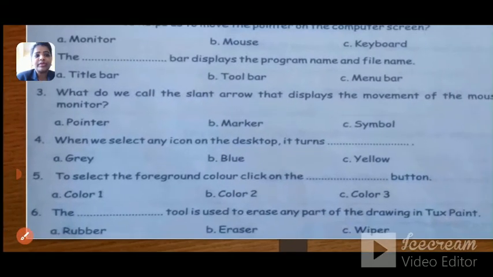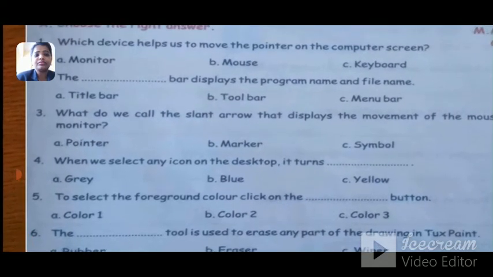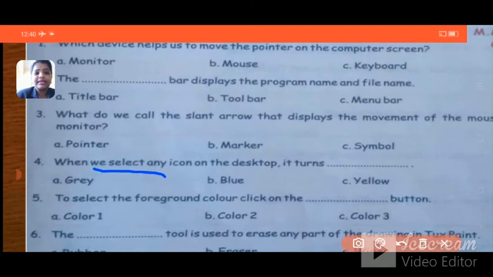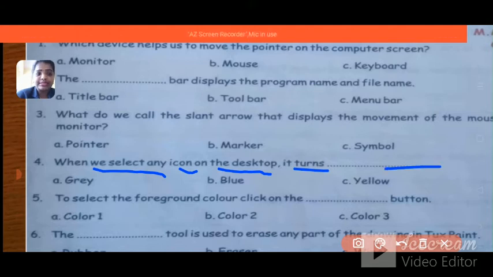See the fourth question now. When we select any icon on the desktop, it turns dash. The options are gray, blue, yellow.